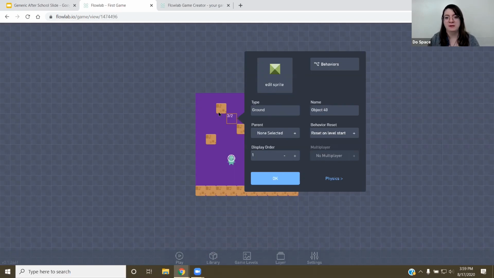Sometimes we want to say, hey, with my character on the ground, make sure they can jump off of it. And when they jump off the ground, make sure you can only jump once off the ground and not jump infinitely after that. So it's going to look for an object called ground, and that's this type right here. But if I have different textures between these and want to edit a specific block within that category, I can search it by the name, like grass block. It's a type of ground, and a specific name is grass block.